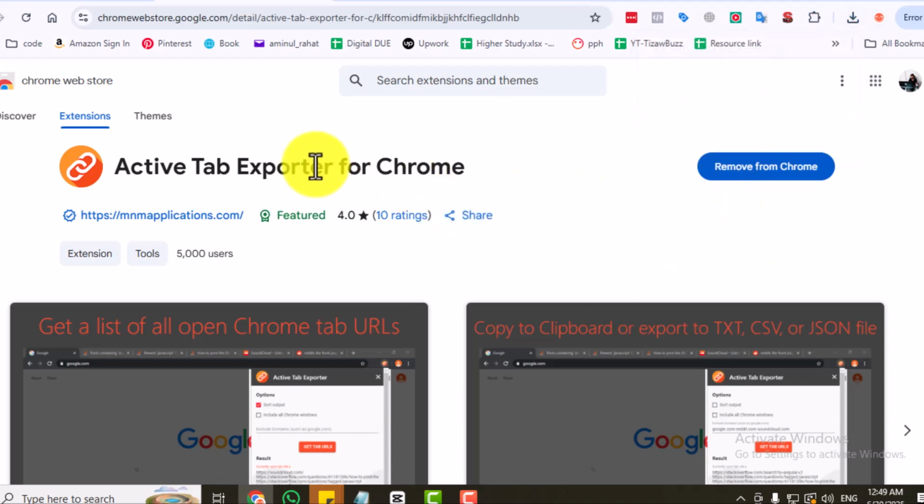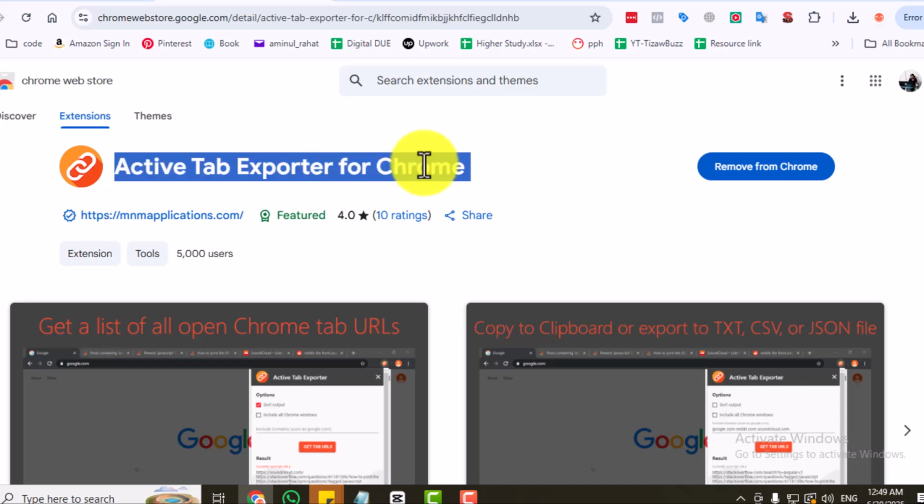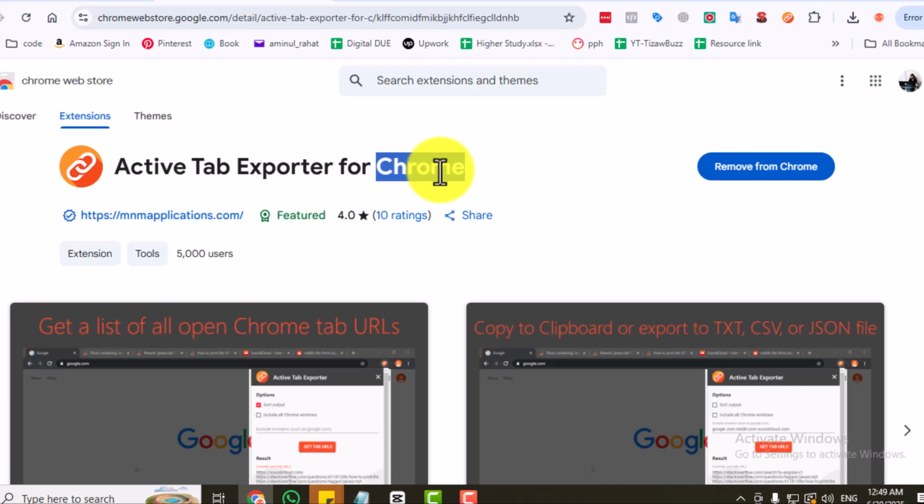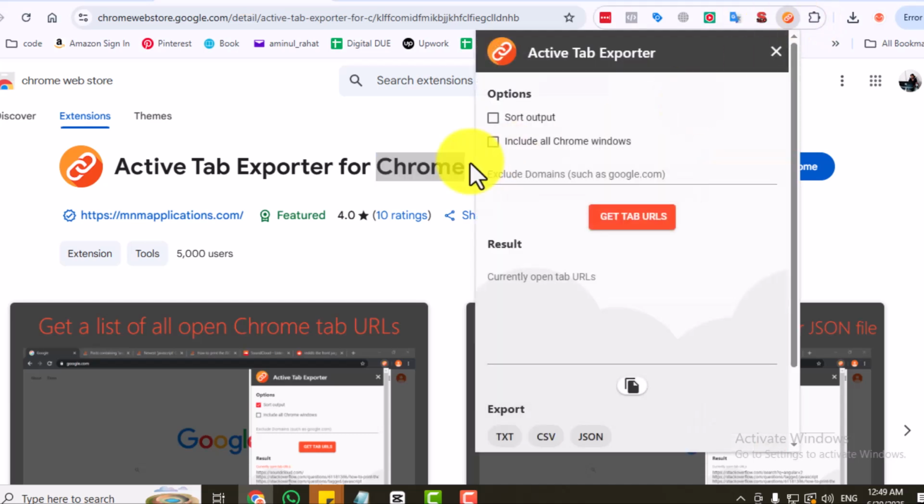Here, active tab exporter for Chrome is activated. Then I am pinning this extension. Now we are going to export the open tabs here. Just press this icon. First time you have to check